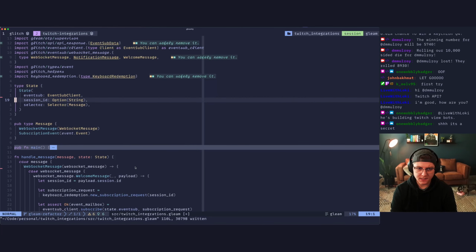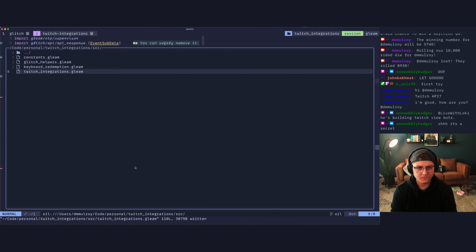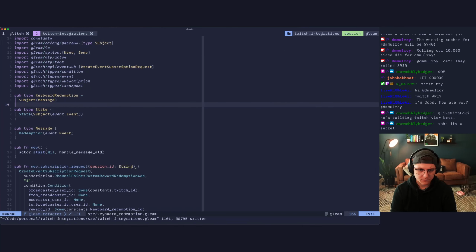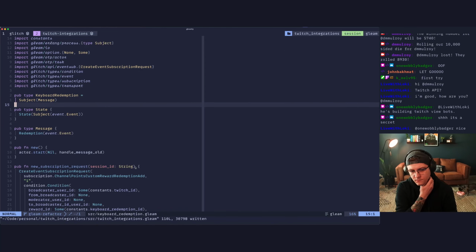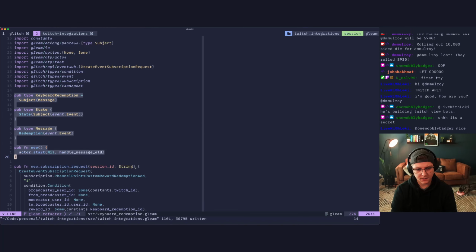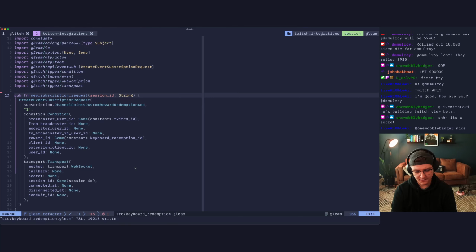So we don't need this anymore because it's not stateful. But it probably will be, to be honest. But it's not right now, so it shouldn't matter. Let's see how long we can get without making this thing stateful.